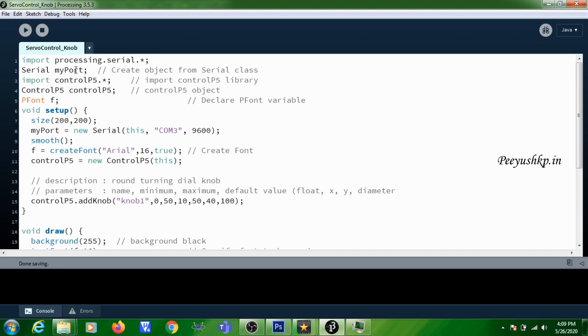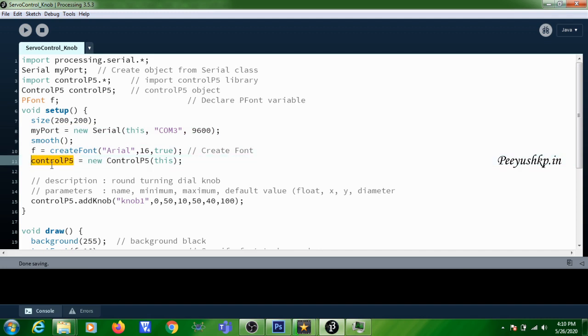You are creating objects and importing packages. In the setup function, you are creating a window. Here you are initializing the serial port with COM3 as the COM port number and 9600 as the baud rate. Then you are creating a font. Here you are initializing the ControlP5 library.